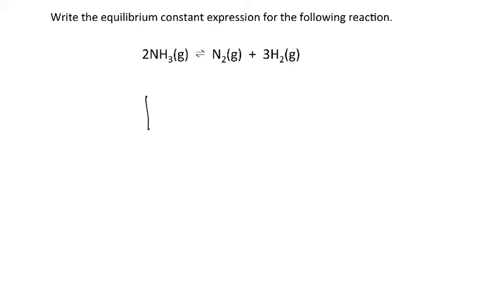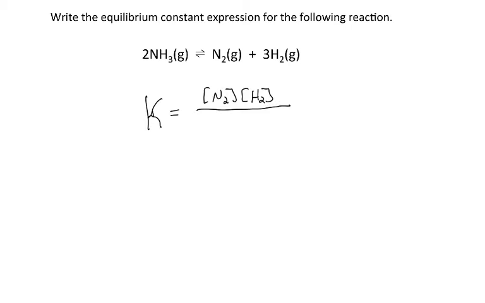It's just K. That's what we use to represent the equilibrium constant. Be sure to use capital K to distinguish it from the lowercase k that we use for rate constants. And K is just equal to the product of the concentrations of the products divided by the product of the concentrations of the reactants. And so my numerator is just the concentration of N2 times the concentration of H2, but